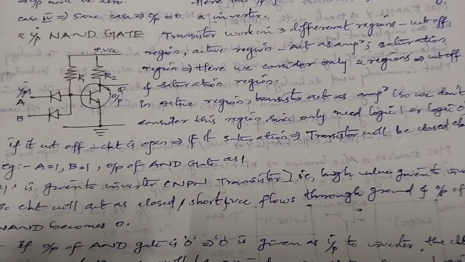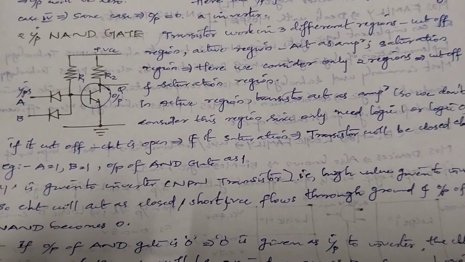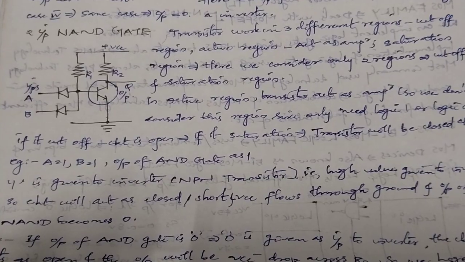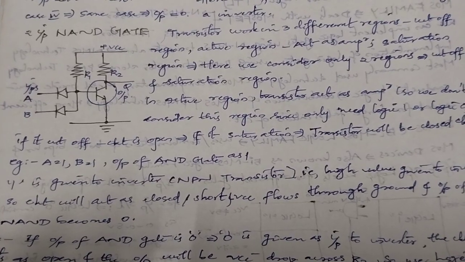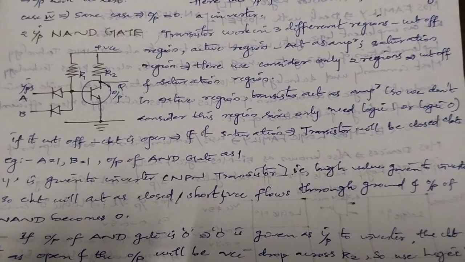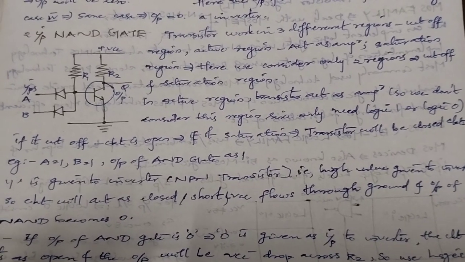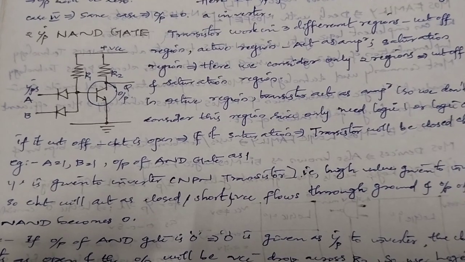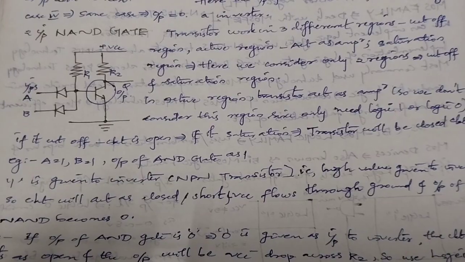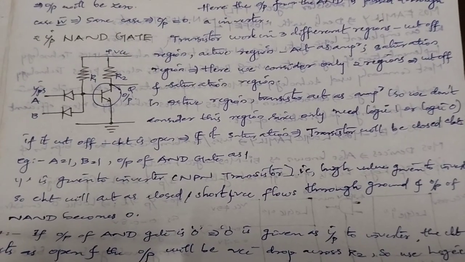Example: A is equal to 1, B is equal to 1, so the output of the AND gate is 1. This 1 is given to the inverter. The NPN transistor receives the high value from the inverter input, so the circuit acts as closed or short, and VCC flows through to ground,